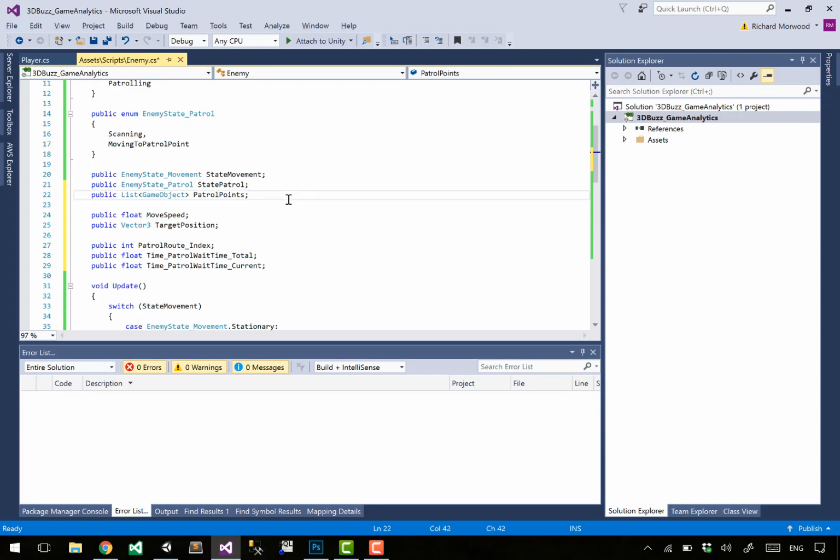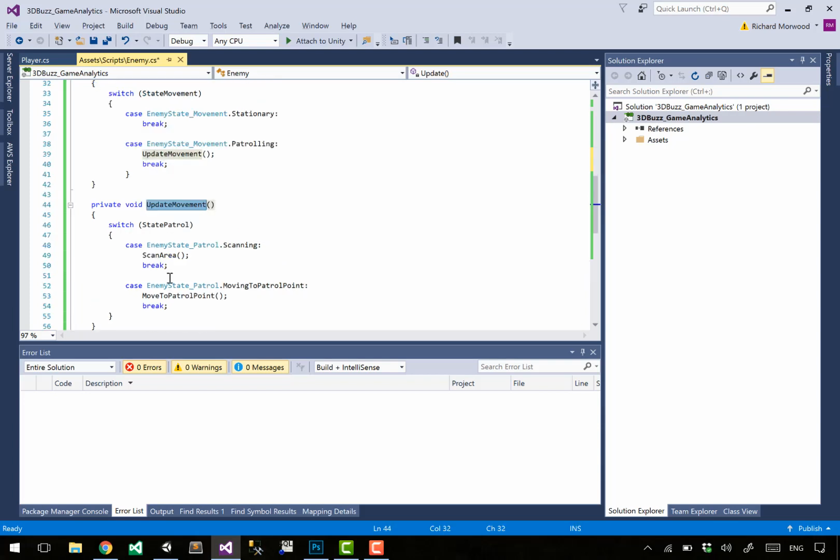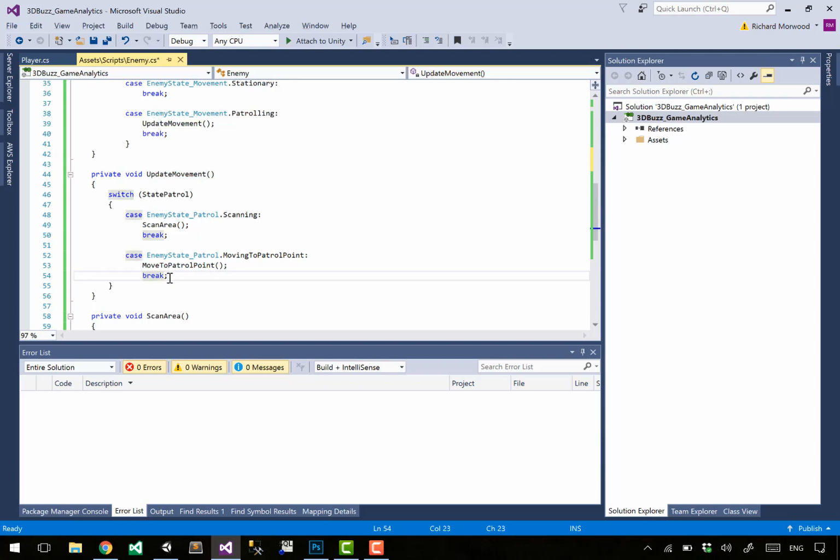Right. Okay, let's get into this one. If we are stationary, if we are overall set to do stationary stuff, then we just chill out and do nothing. But if we're patrolling, then we will update our movement. Now when we want to move to patrol point,